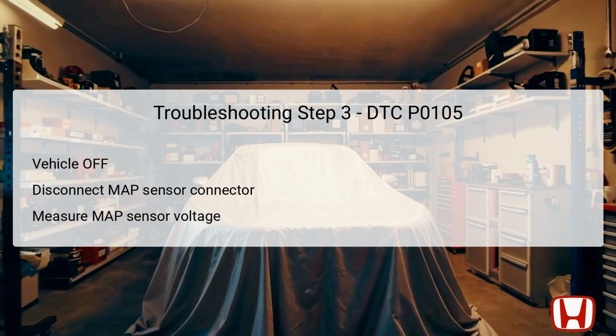To proceed with diagnosing possible failures, the third step requires turning off the vehicle completely. After this, disconnect the MAP sensor's 3P connector to isolate the sensor from the system. With the sensor detached, switch the ignition to on mode again, and using the HDS, check the voltage output from